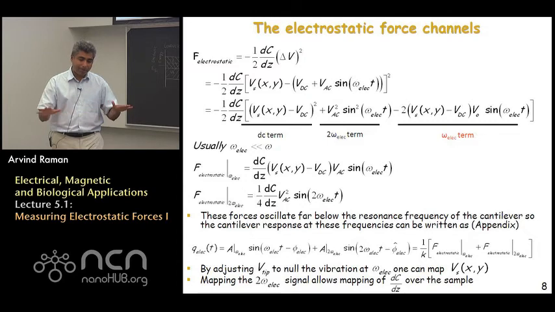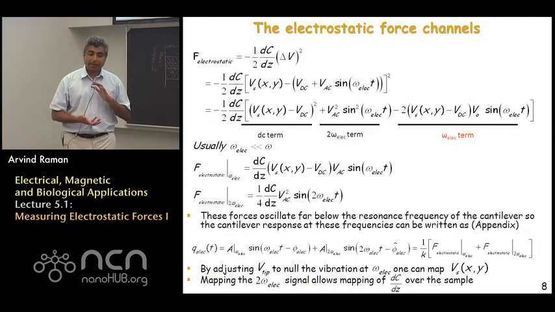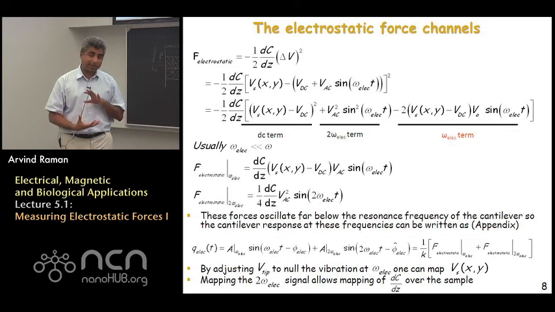And the VDC can then be mapped over the sample, and we would effectively get a contact potential difference map over the sample. There is a third channel here, which would be the 2 omega elec channel. If one were to measure the amplitude there, you can see that the response at 2 omega elec is related to the quantity DC, the gradient of the capacitance. And the gradient of the capacitance, as shown in the appendix, is related to the dielectric constant of the